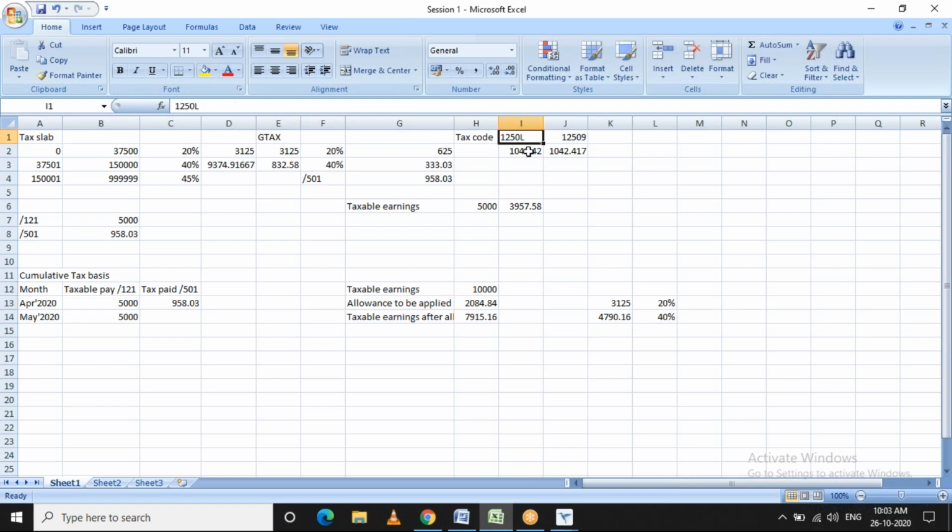Second, based on the tax code, we arrive at the period figure, right? If it is monthly, we divide it by 12 to arrive at the monthly figure. So based on the number of periods being processed, that value will be cumulated, and this will be deducted from the taxable earnings. Next, after the tax code allowance is deducted from the earnings, then the slabs will be applied. That is, the 20% and 40% slabs. Clear?